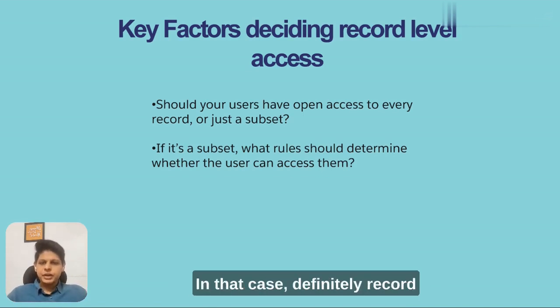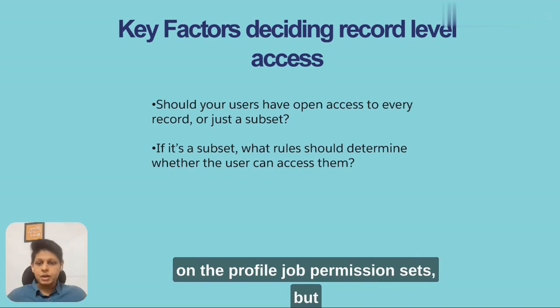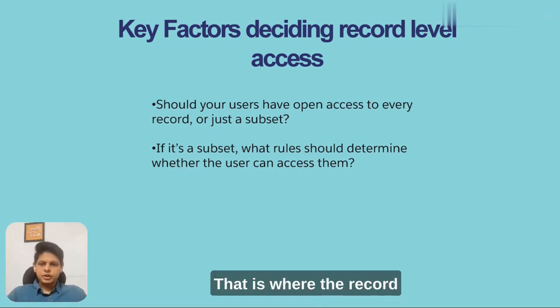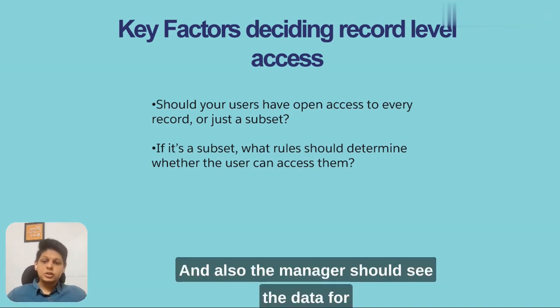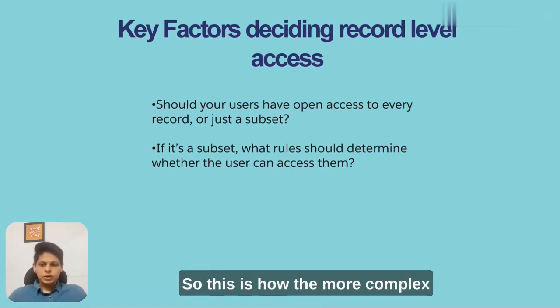In that case, definitely record level security comes into play. Both have access to the lead object on the profile or permission sets, but they should not see each other's data. That is where the record level security comes into play. And also the manager should see the data for both, since both are reporting to him. So this is how